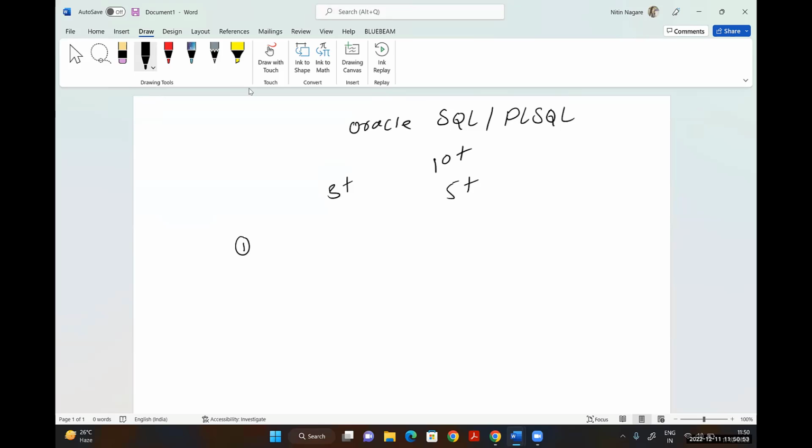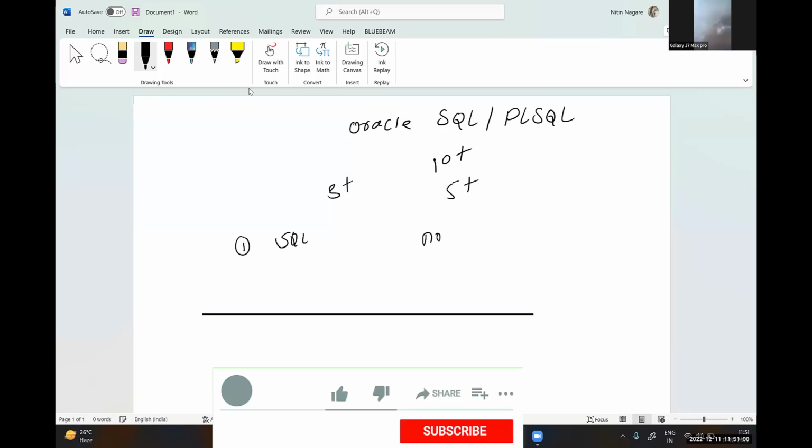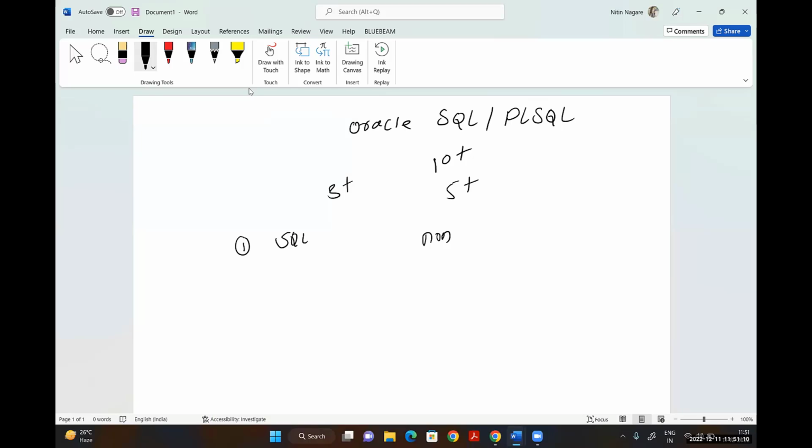But if a non-technical person wants to learn SQL or PLSQL, he will be able to learn it. Any non-technical person, a BA person, Bachelor of Arts, can learn SQL and PLSQL.